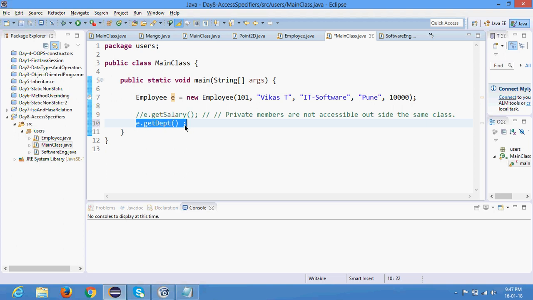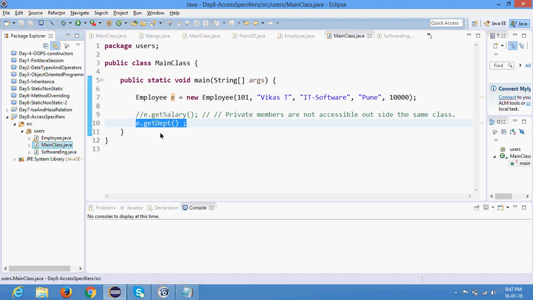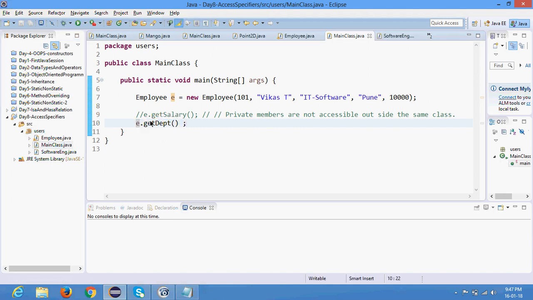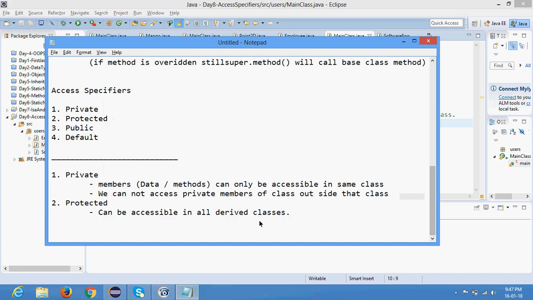All right, I will talk about this later. Oh, there is one more catch here. I will talk about this later. What I will do is come to this part. But I hope it is clear. Protected members can be accessible in all derived classes. Perfect. The next part is